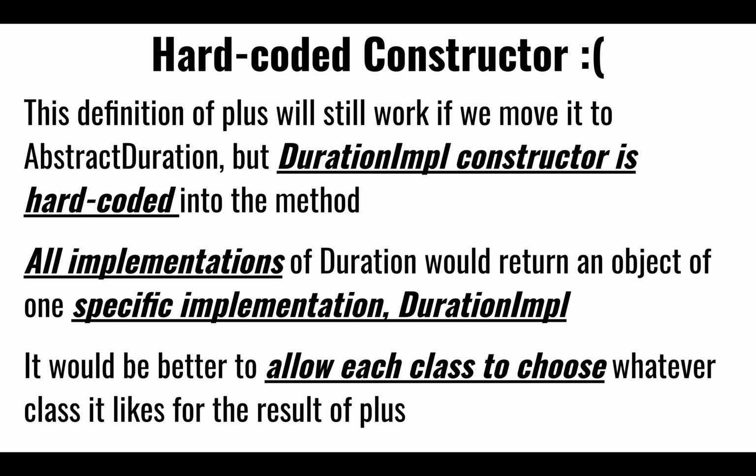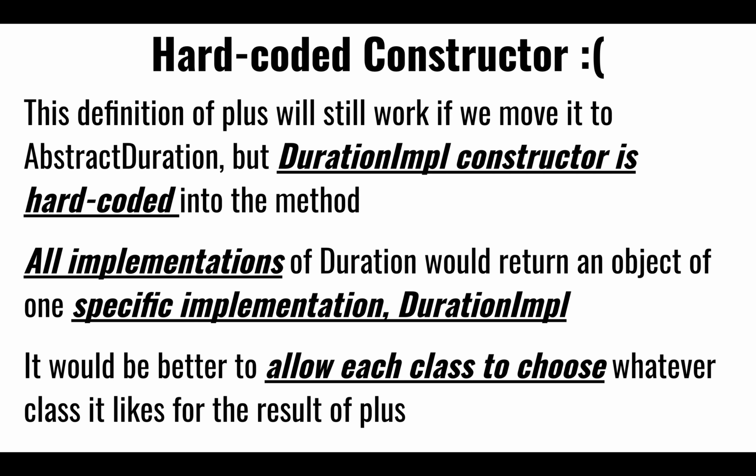Yes? What's the need to abstract this method if it's very specific to this implementation? Why can't you just leave it and make the abstract class just have an abstract method plus? Well, the problem is that we also have a plus implementation on the other compact class, and they look almost identical to one another. So what we're trying to eliminate here is redundancy, identify it and factor it out into one single place. So if we factor it out and move this particular implementation over to the abstract class,